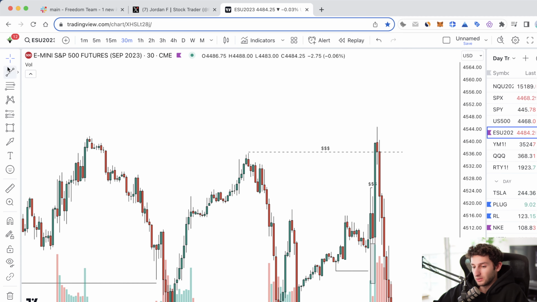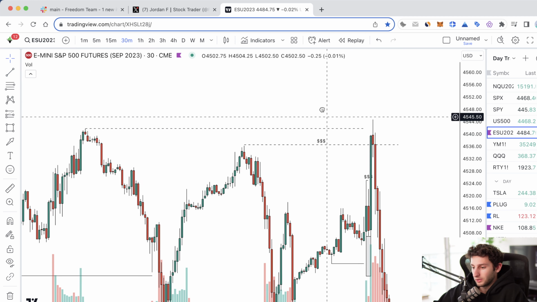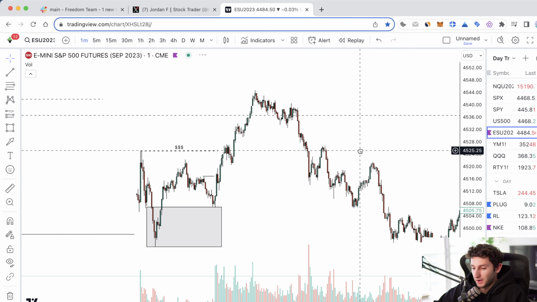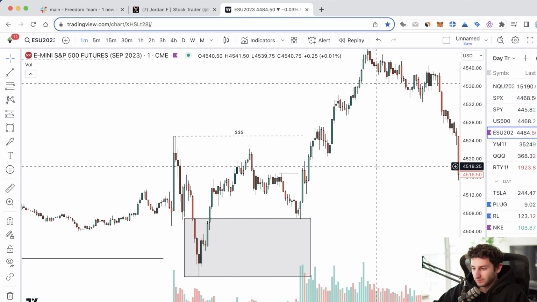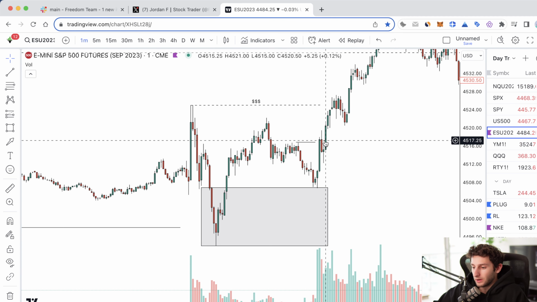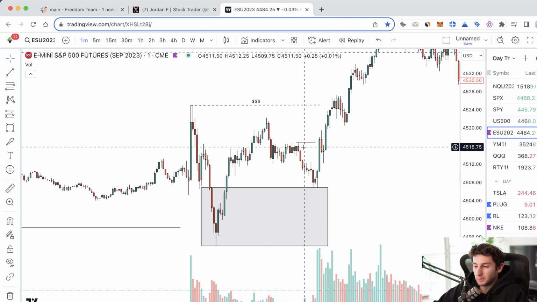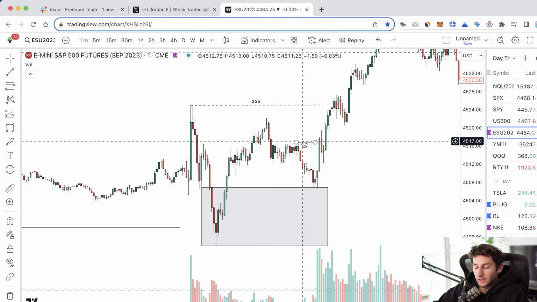You can see we actually took out more liquidity all the way up here, right? So price took out all that liquidity and then ended up coming back down. That's for a future video. But for now, let's go ahead and take a look at what happened. So price came down, right? Now, after we hit this demand and we end up breaking this supply, again, that tells me one more thing